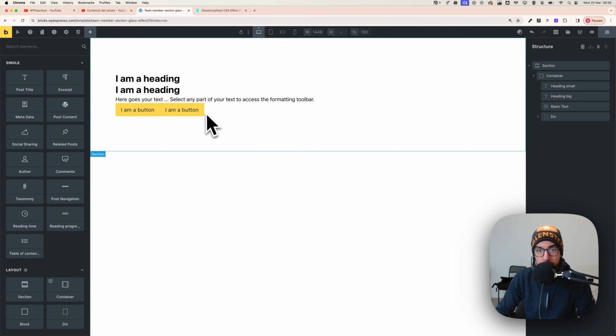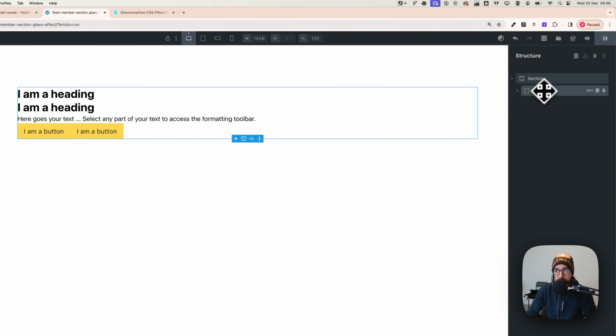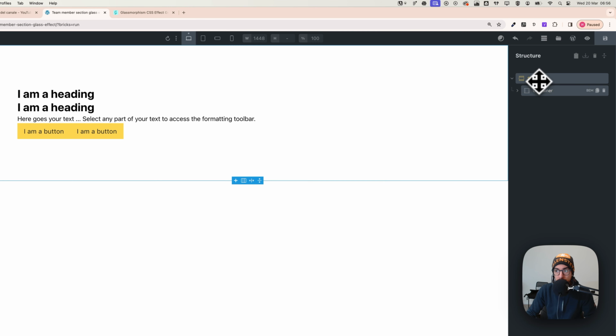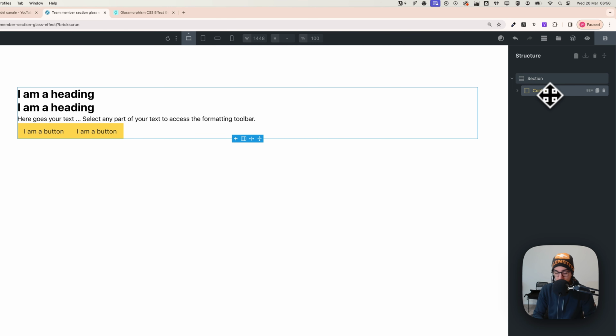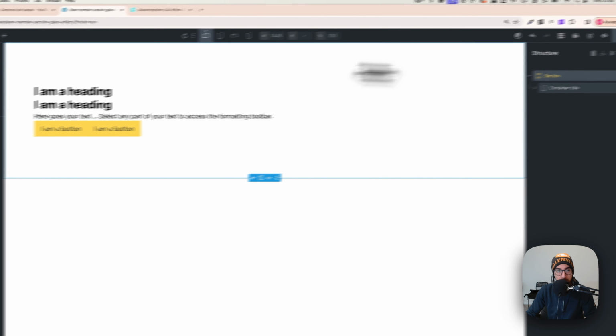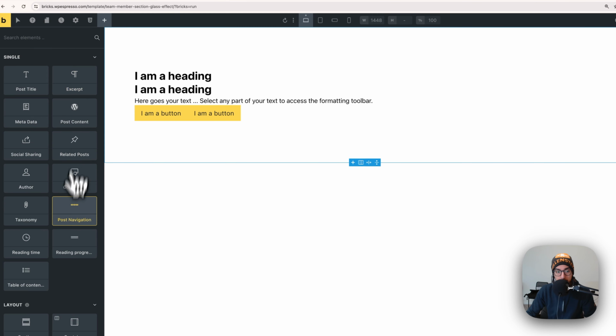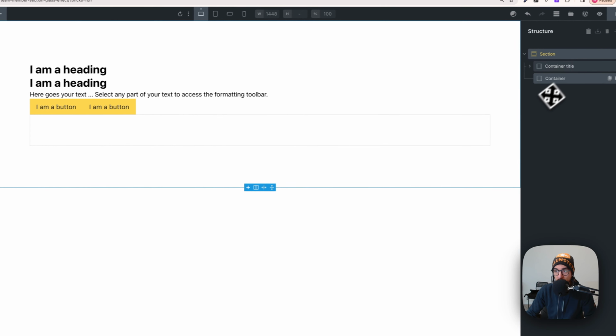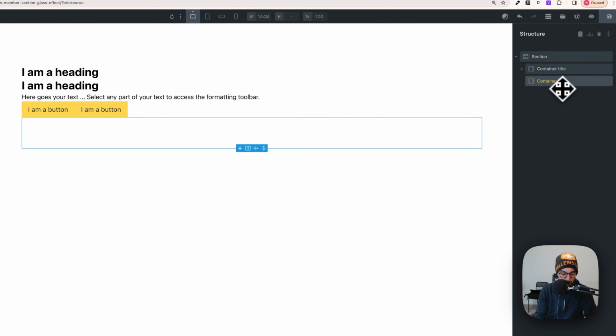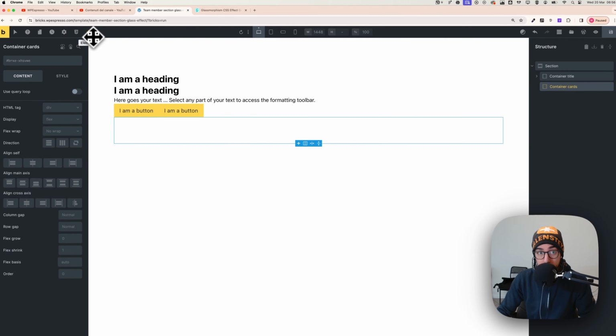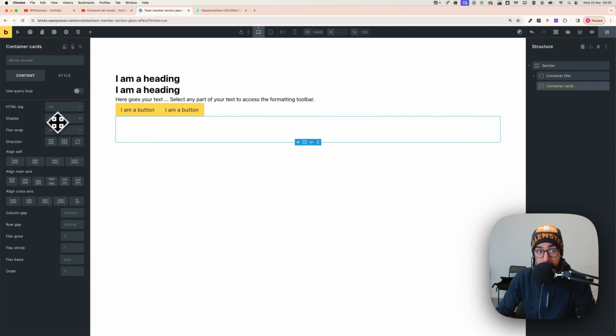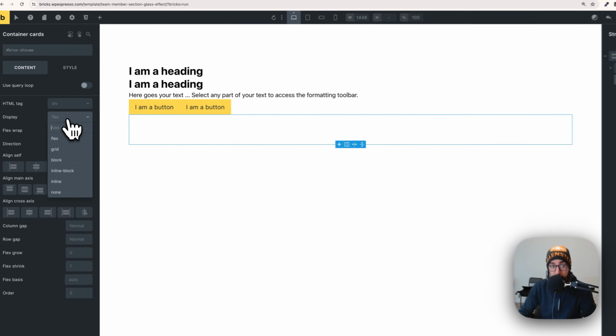And first of all, let me try to add another container. So close this first container and click on section. If you want, you can rename this container title. Click on section, plus button, container. Now we have another container. We call it container cards. By selecting the container cards, we can go and display,